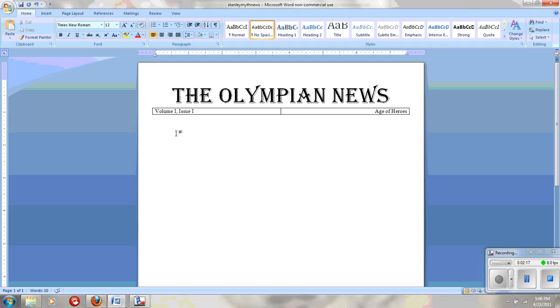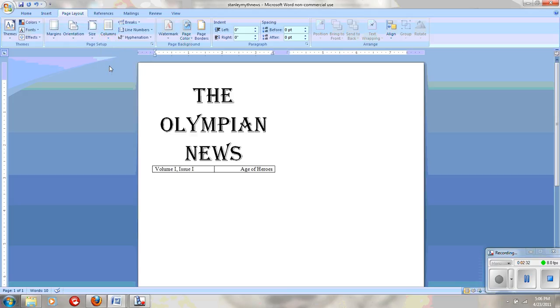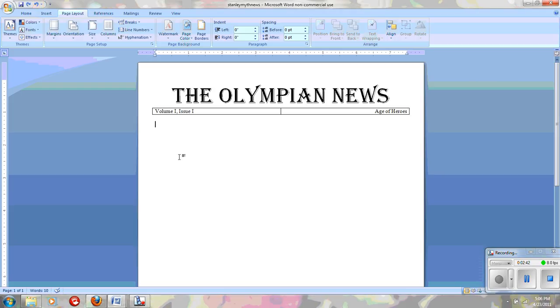Now, if I were to start typing my articles right now, they would all be in one column, and I want to shift to 2 columns. So I'm going to go to Page Layout, and I'll show you what happens if I go to 2 columns right now. See how it takes my masthead and my table and puts it all in one of the 2 columns? I don't want that. I want them to remain in 1 column. So I'm going to undo this, and this means I need to make a break in my Word document,